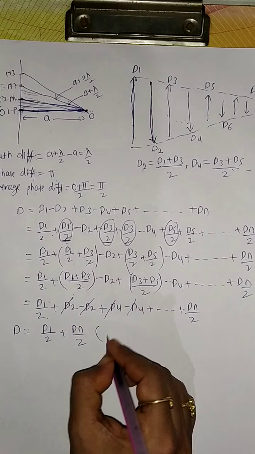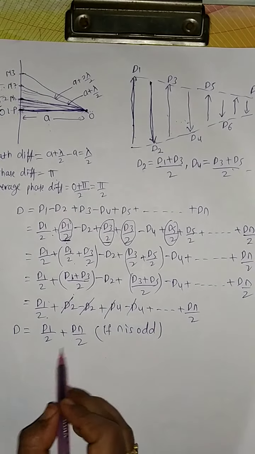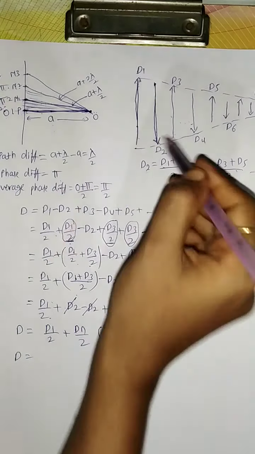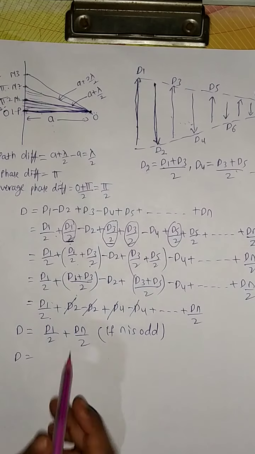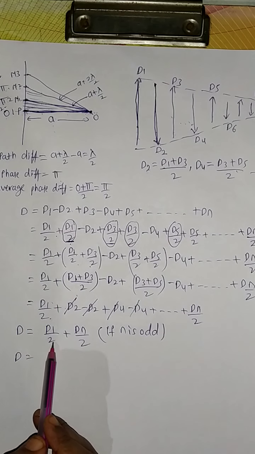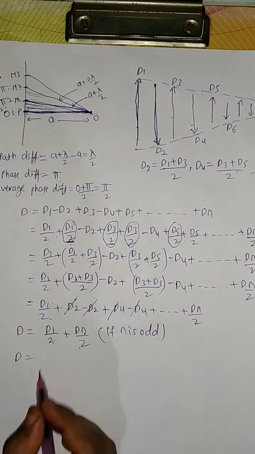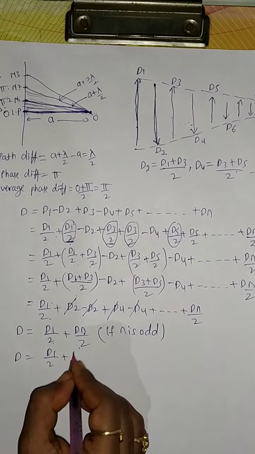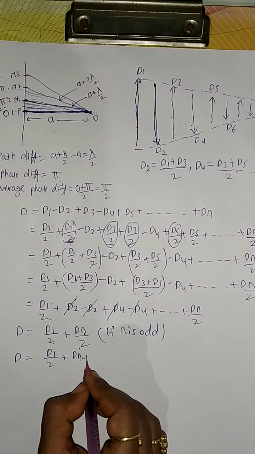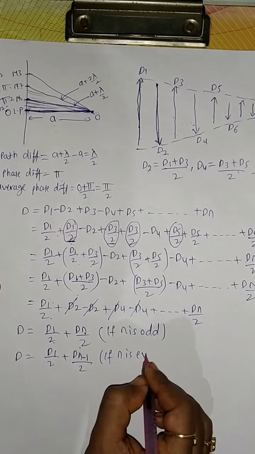Okay. So one thing we should understand here: if n is odd, this term will be remaining. If n is even, n means the number of zones. Which number of zones? See here, odd number zones only we split. That's what divided by 2 we got. So dn by 2 we will get only when n is odd. Suppose if n is even, we will get a term like this. Plus dn minus 1 divided by 2 we will get if n is even.